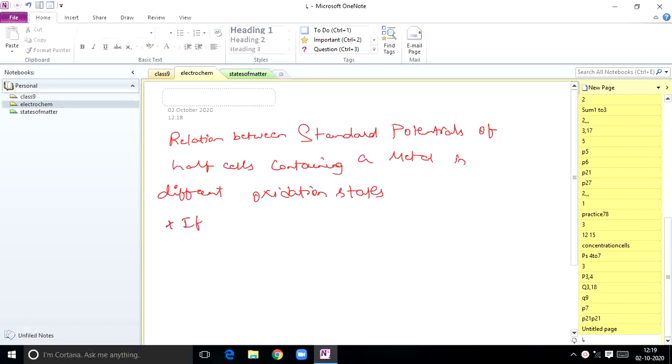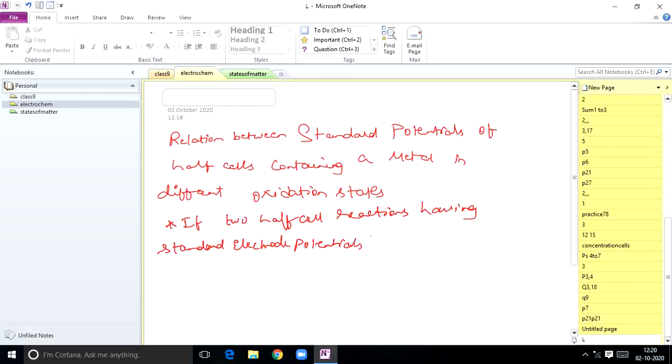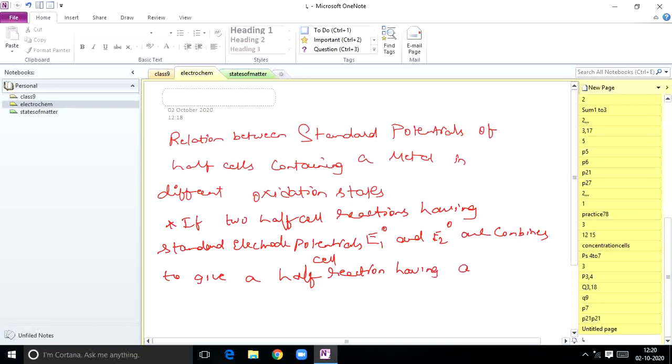See students, if two half cell reactions having standard electrode potentials E1 naught and E2 naught are combined to give a half cell reaction having a standard electrode potential E3 naught, then